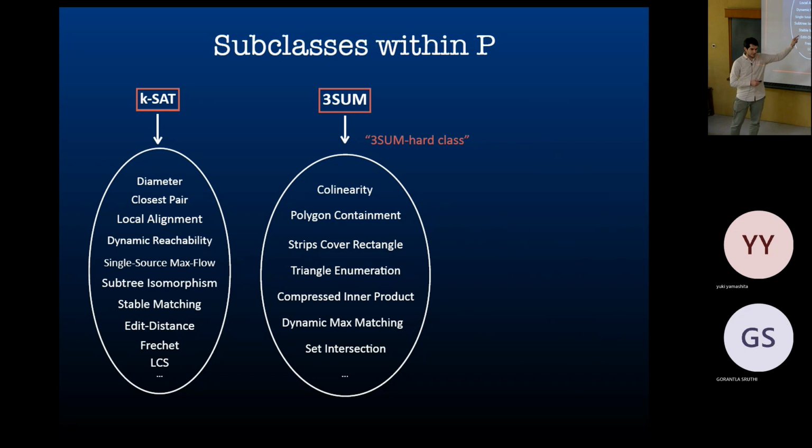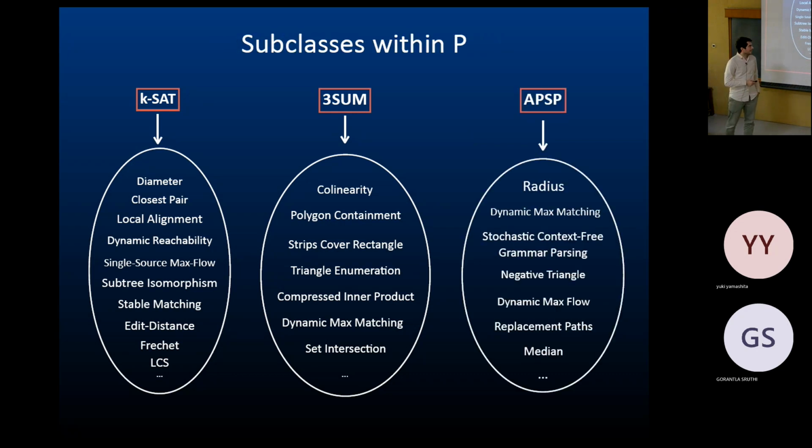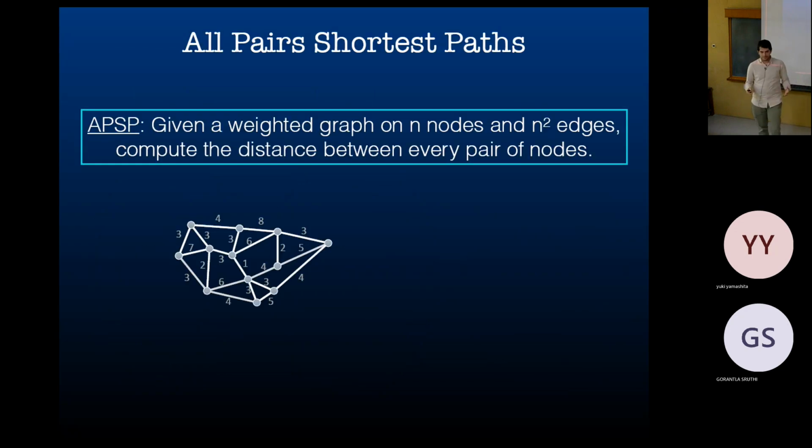We'll also see another result on the threesome later in the talk for a graph problem. The third class is about all-pairs shortest paths, APSP. This is a graph problem, and this is a conjecture that became popular because of a paper that blamed the hardness of a lot of problems on it, like threesome. But actually, like that paper said, this is already a conjecture in the community because this is like the classical